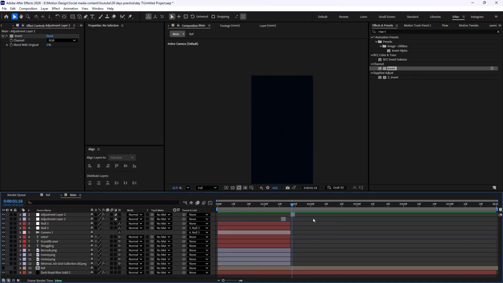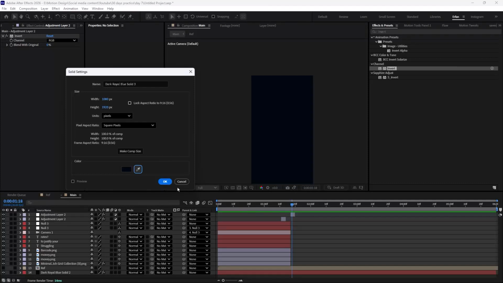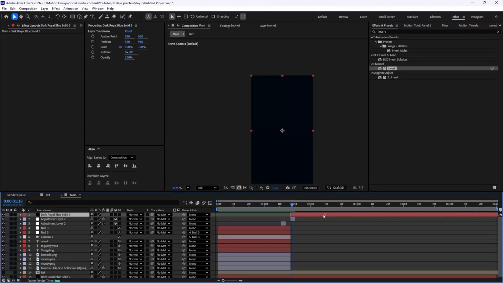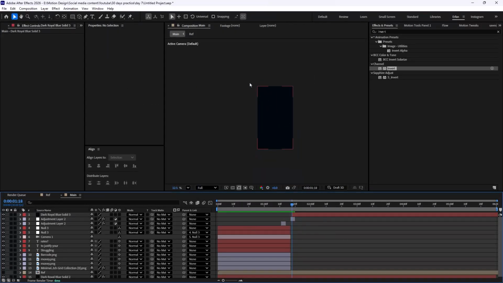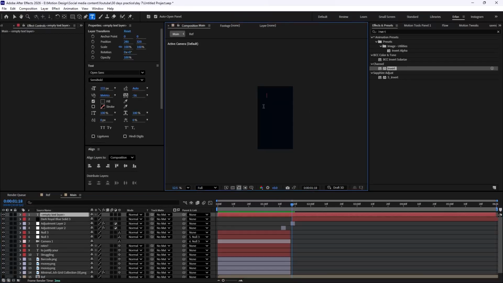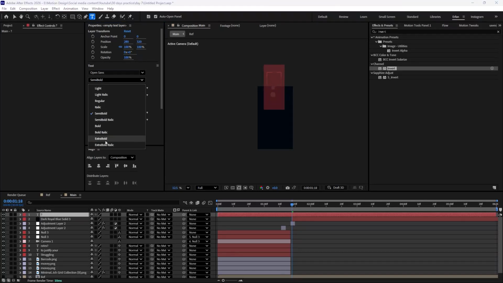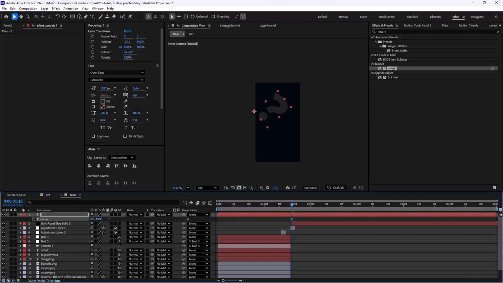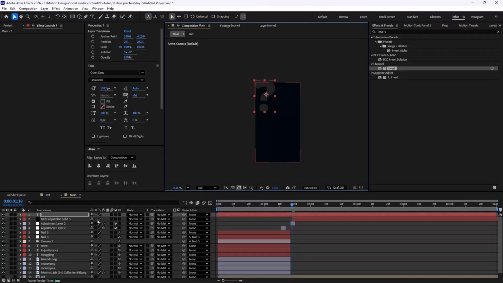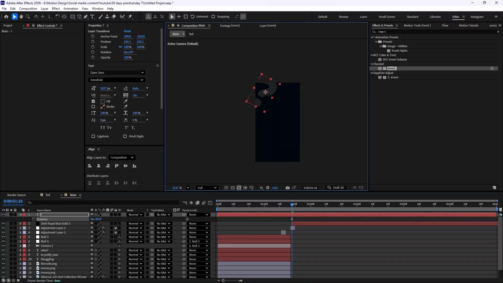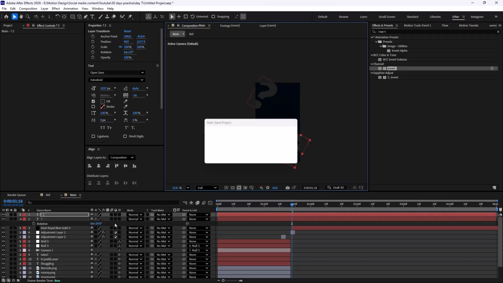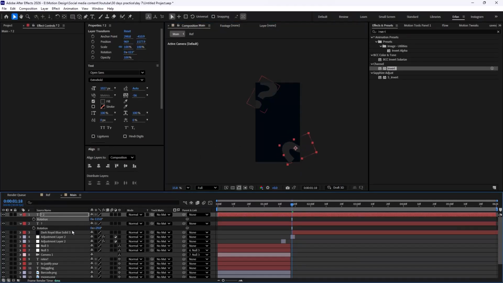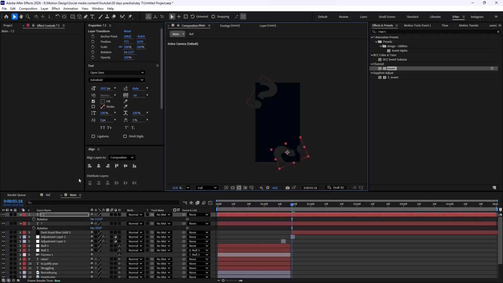Okay, so we're gonna create a new solid, and we're gonna just place it in here. Okay, now I'm just gonna reverse the symmetry. So to do that, I'm just gonna create a new question mark. I'm gonna make it big. Let's just give it like it's extra bold. Gonna just rotate it like this, but first let's just set the anchor point on the middle. And now I'm just gonna rotate it like this in here, and then I'm gonna rotate this one also like this. Okay, that should be good.